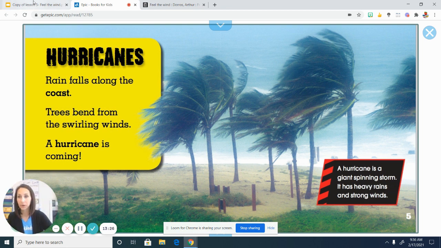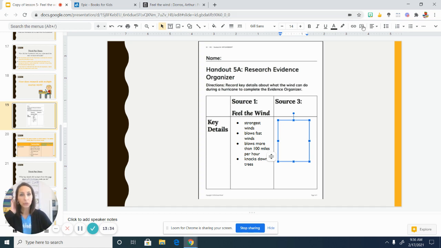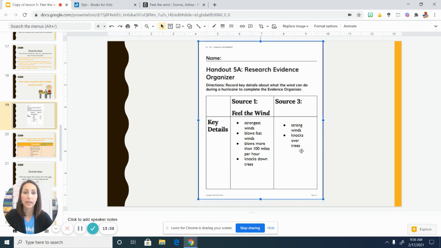So I'm going to jump back to our slides. Okay, got a little text box, and you can do the same on your source number 3. I'm going to write strong, spell it correctly, strong winds. And then the other thing that we saw is that it knocks over trees. Okay, so if you want to quickly pause and add those 2 notes,